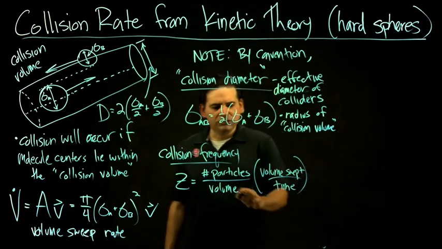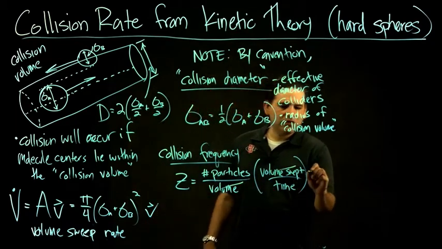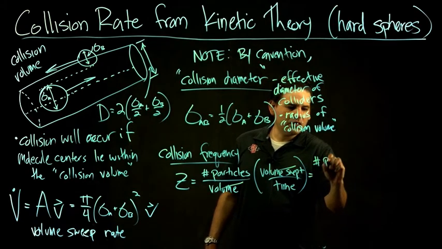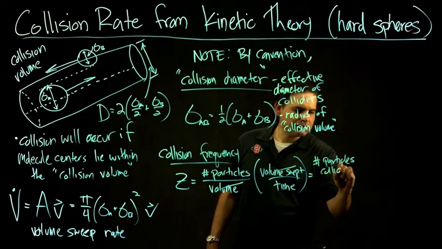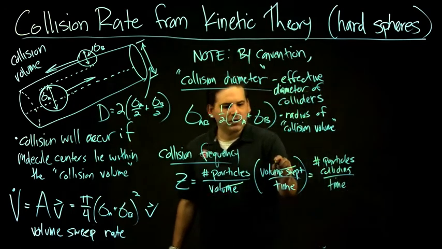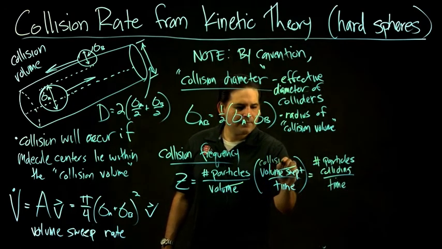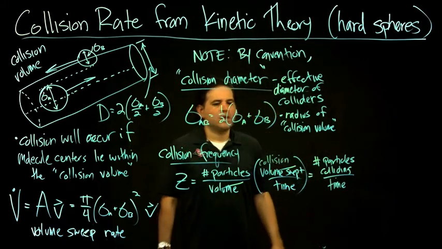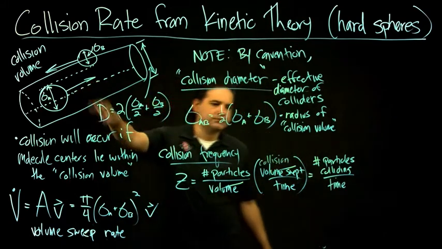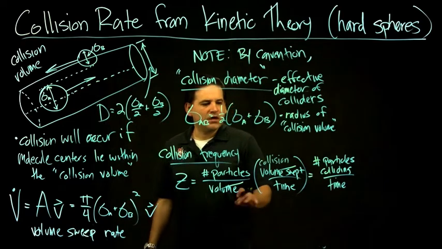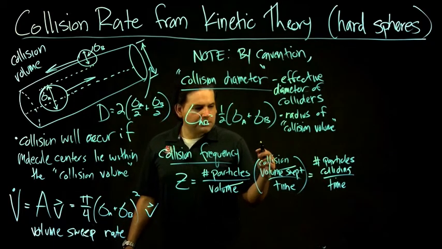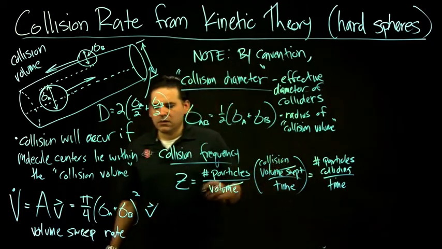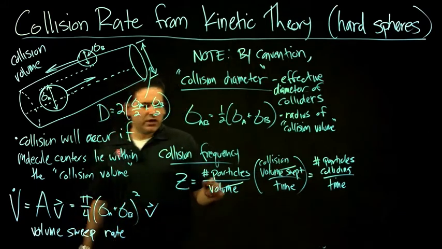So by multiplying those together, you would cancel out this volume, you would get the number of particle collisions, collision volume swept, I should say. This volume here. That'll give you the number of particles colliding per time. Okay, so